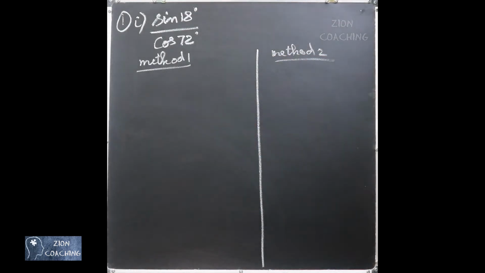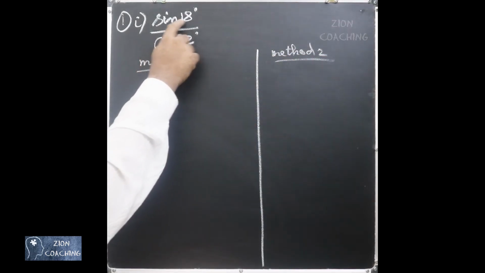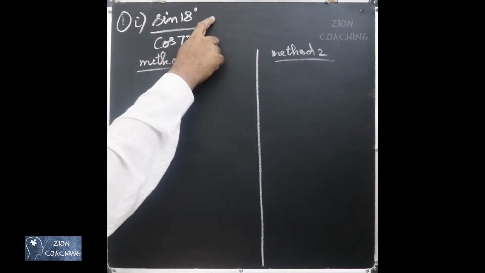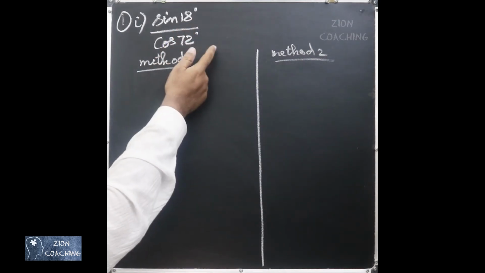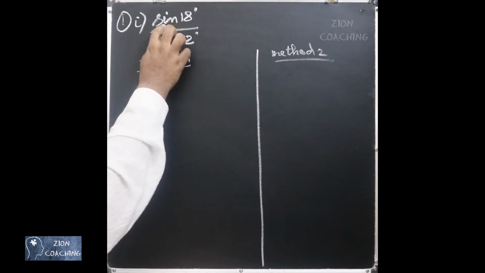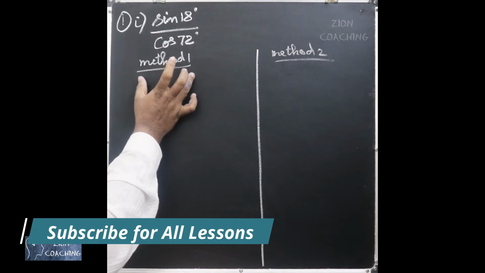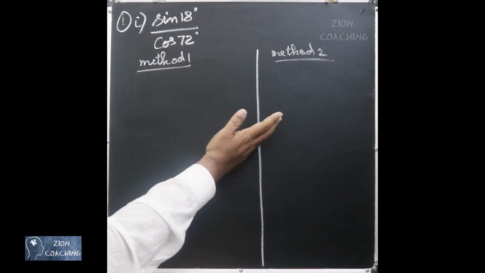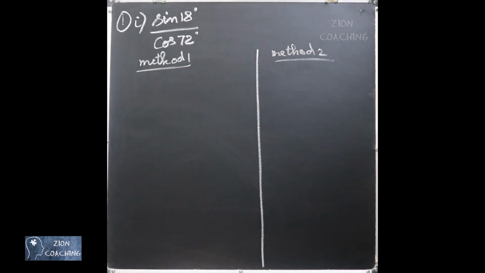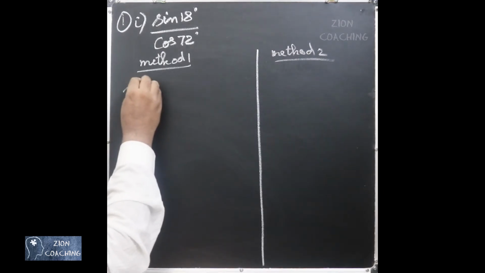Now you know that sin theta is cos 90 minus theta and cos theta is sin 90 minus theta. So you can either replace sin or cos. In the first method I am going to replace cos, and in the second method I am going to replace sin. So in the first method we have sin 18 degree